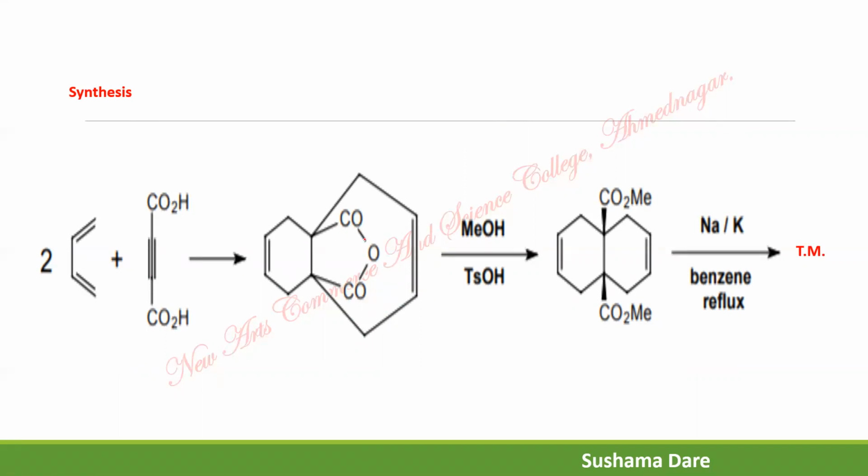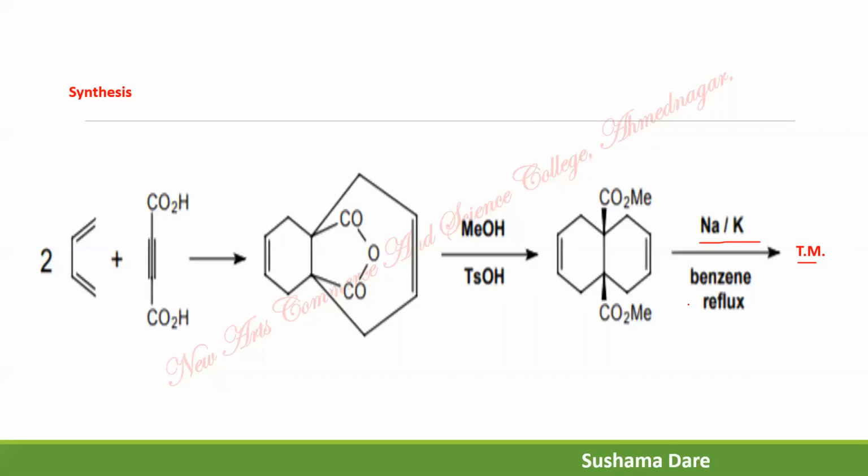After this it undergoes anhydride formation. After anhydride formation, the ring opens in presence of methanol, and it gives an ester functional group, and at the end there is an acyloin reaction. Again it is a free radical reaction. You find out the mechanism of this reaction, and then it gives the target molecule.